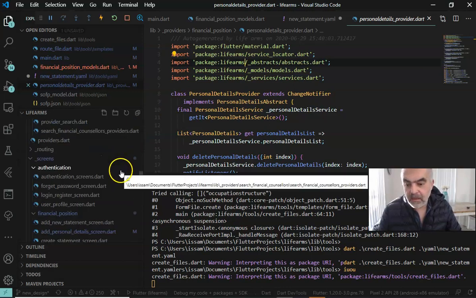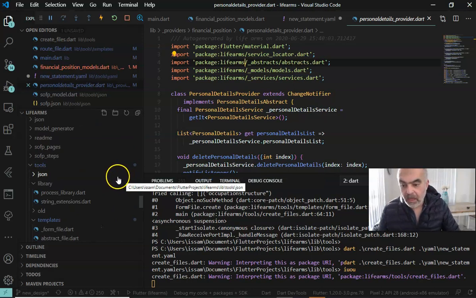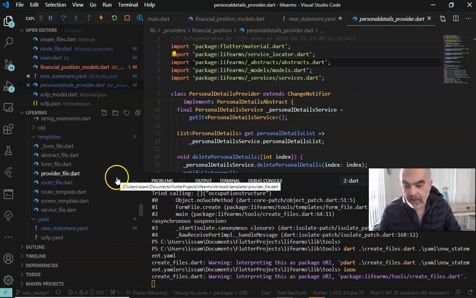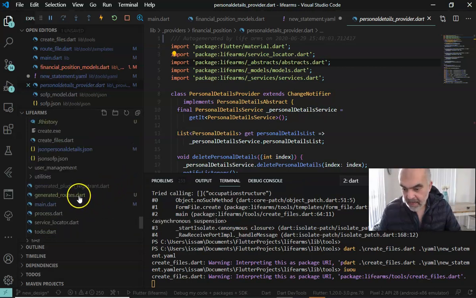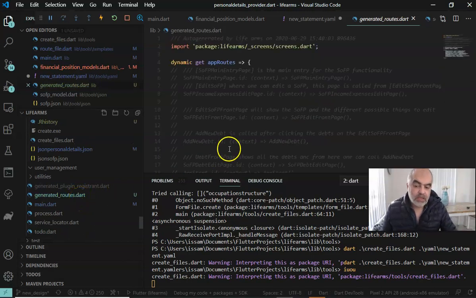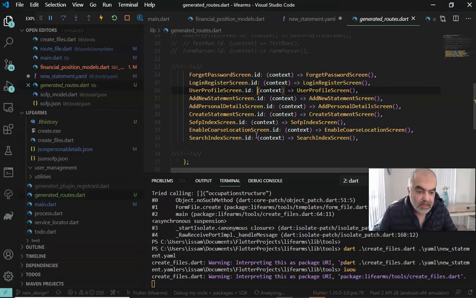What else? Yeah, and also it pushed all of the screen files into a generated routes. So this is a generated routes file which has all of the routes that leads and shows where